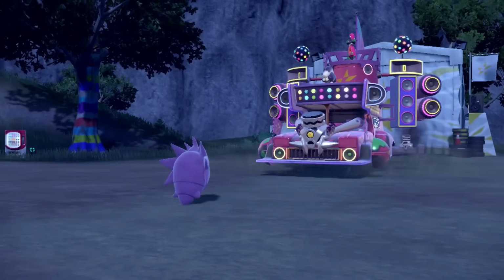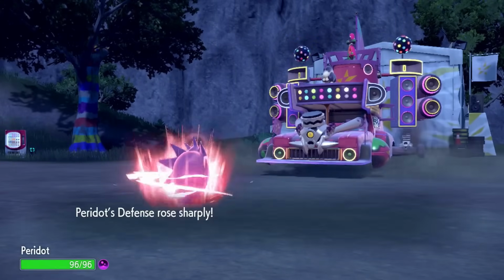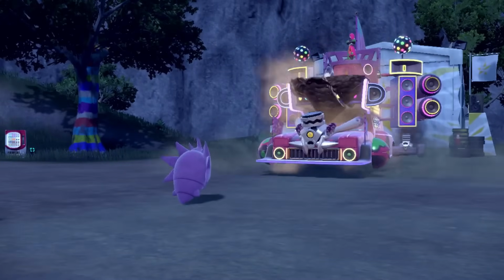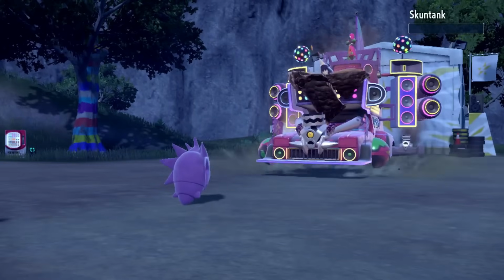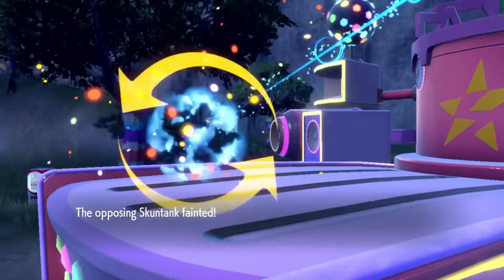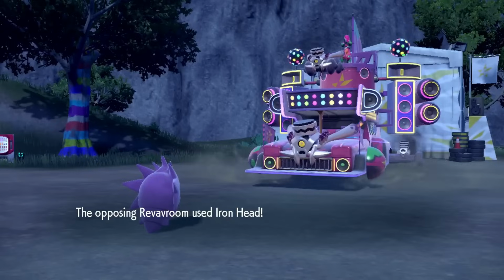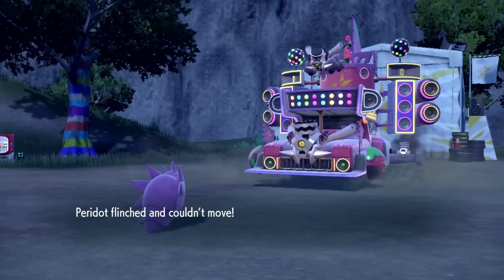And thanks to his Leftovers, he's now back at full HP. It hits another Toxic, but now I'm at +6 defense. So now I can go on the offensive, as Peridot almost one-shots Skuntank with an Earthquake. It can't really touch us, as another Earthquake finishes it off. This brings in Atticus's Reveroom, but thanks to the defense boost, Peridot eats up an Iron Head, but unfortunately he flinches, so he does have to tank a second one,